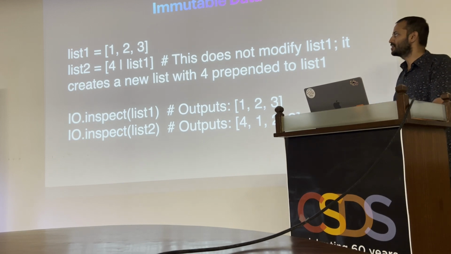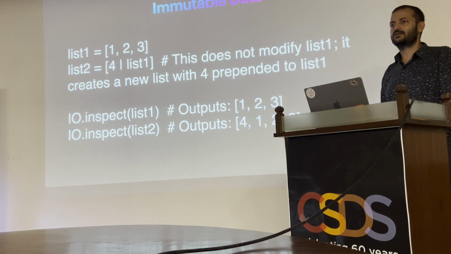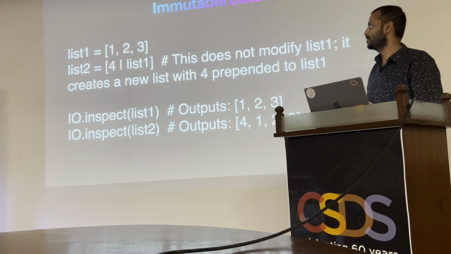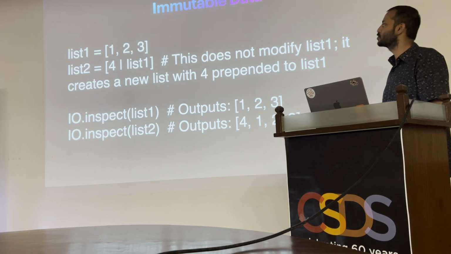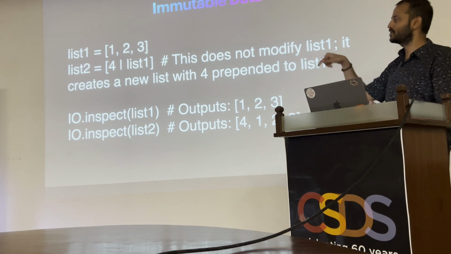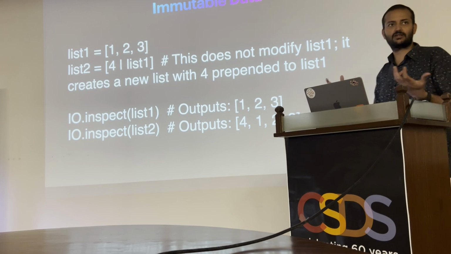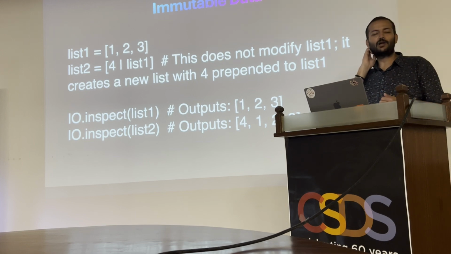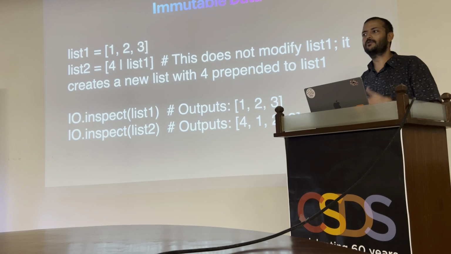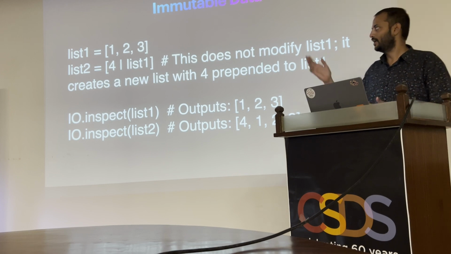The language itself fundamentally has a structure of immutable data types. As you can see here, there is a list 1 and a list 2, and then we have the consing operator. The pipe essentially is consing. I went into the research of where this came from, and it came from the language Lisp, which had a great dominance for list handling, management, merging. And that's where it came from.